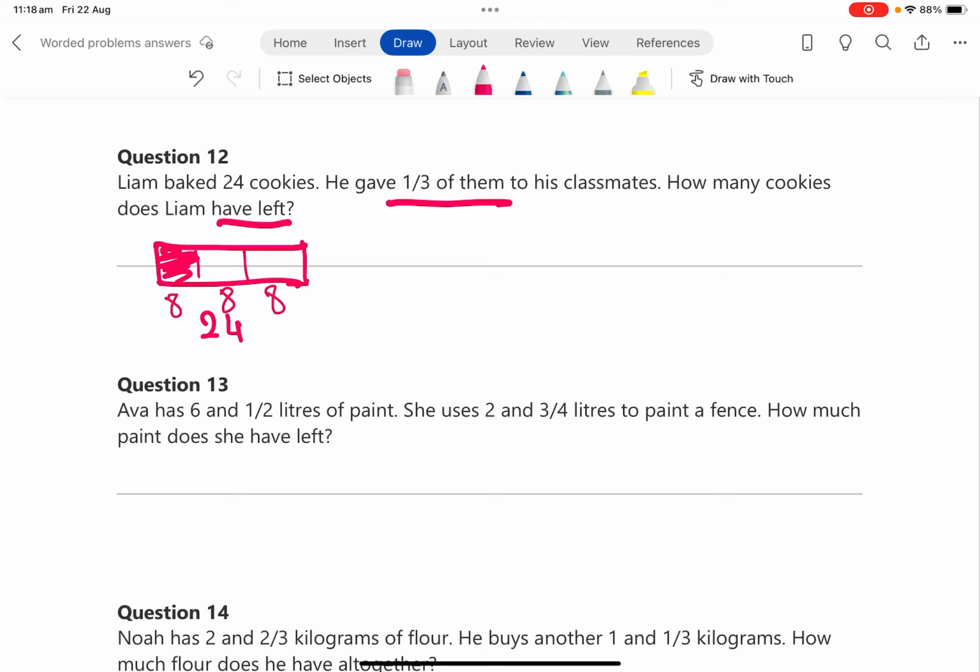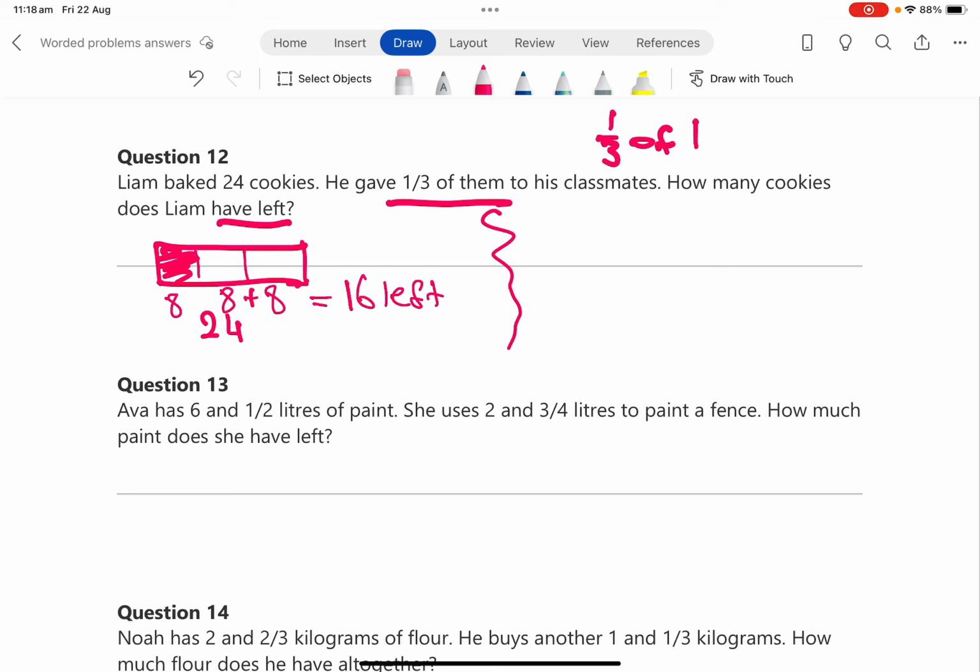And in this case, if he's given 8 away, he's got 8 plus 8 left. He's got 16 left. The other way that you would recognize to do this one, if you have a third